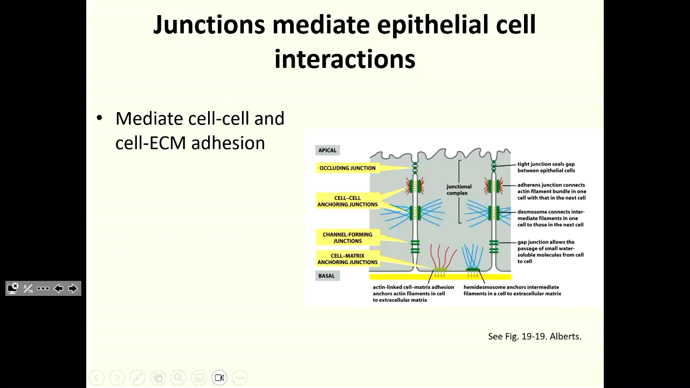Okay, so getting to these junctions, as I mentioned briefly earlier, a junction is simply a point of contact between two adjacent cells or between a cell and the underlying extracellular matrix, the basement membrane. So they mediate cell-to-cell adhesion and they mediate cell-to-ECM, ECM being extracellular matrix. Okay? They're going to regulate polarity. So when I talk about polarized cells, how do they regulate polarity? Think about